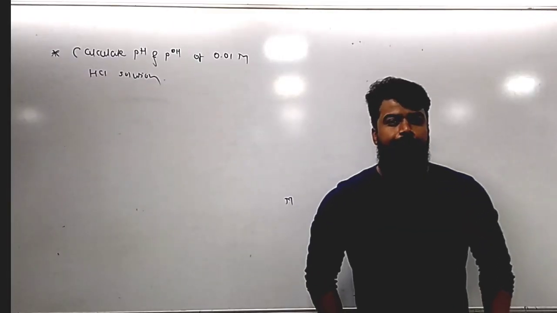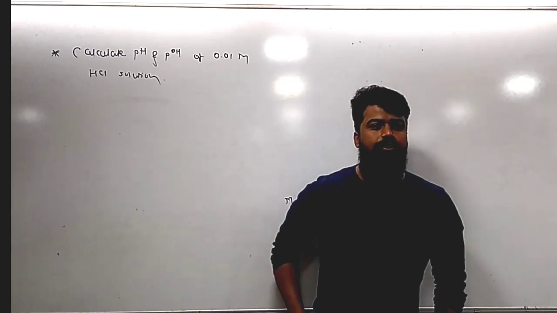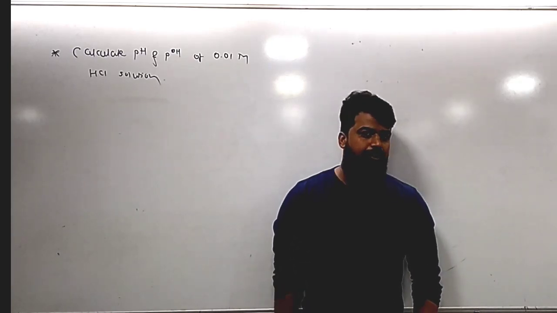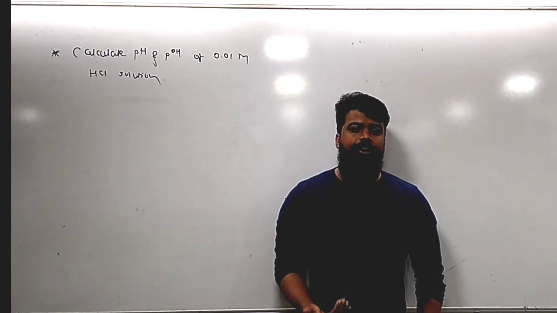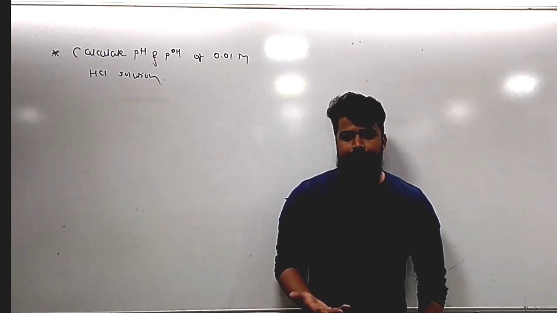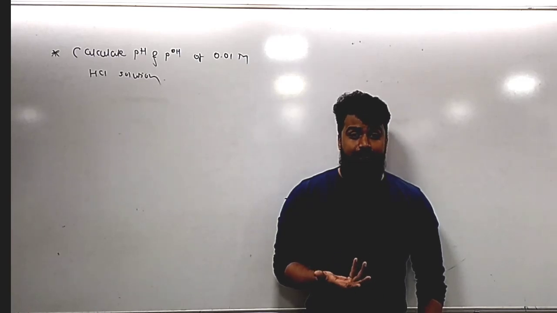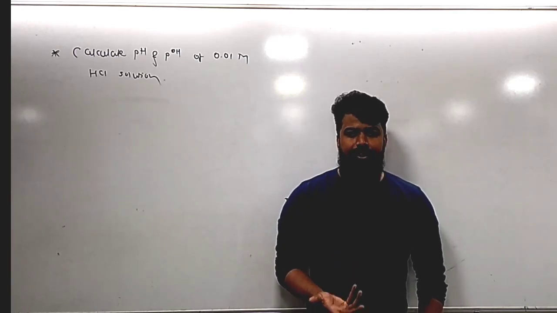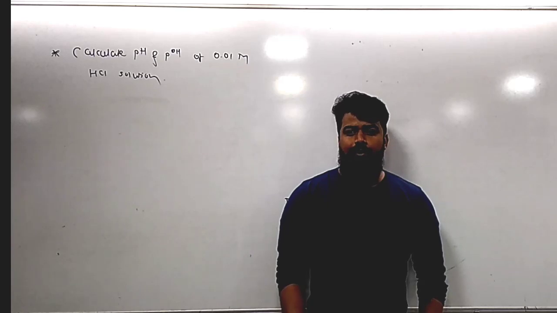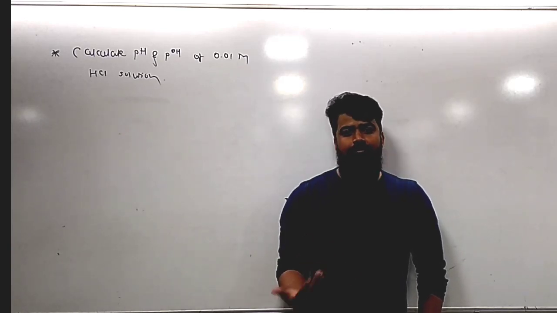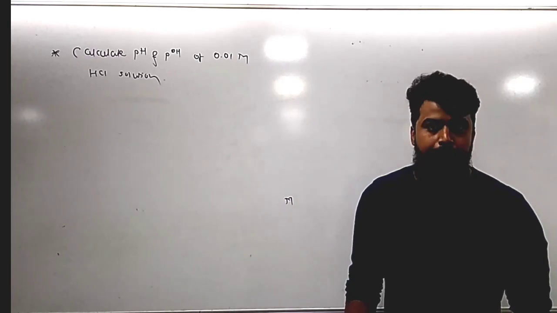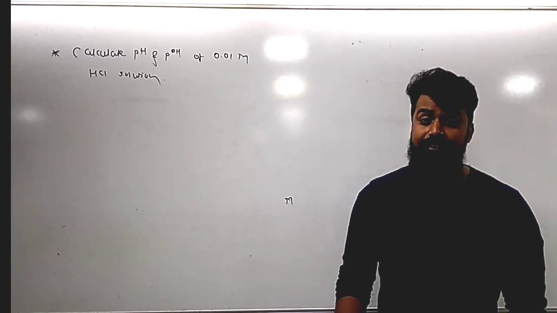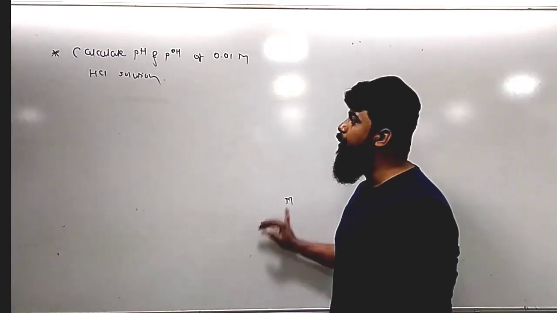So that is the first 4 numericals which we have solved. They are based on the concept of Ostwald dilution law. As I always told you, when you want to understand the numerical, you have to go through some theoretical concept. If you have knowledge about the theoretical concept, the numerical becomes much easier. You can't do the numerical by just plugging in the formulas. Right now we are going to solve the numerical based on the concept of pH and pOH. Let's see the numerical on the board.